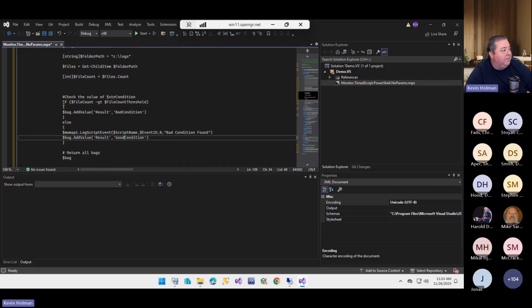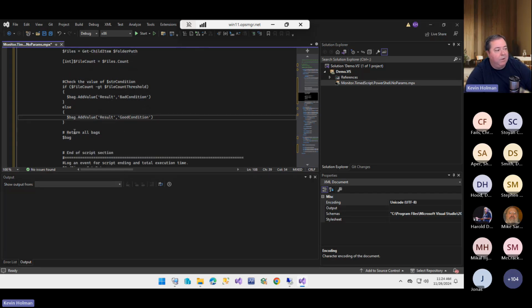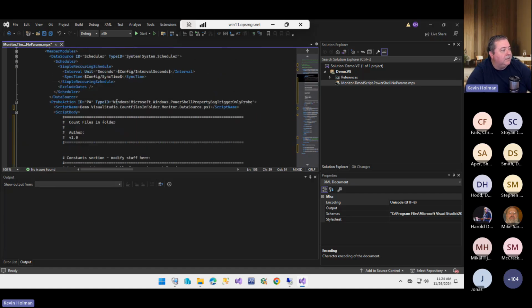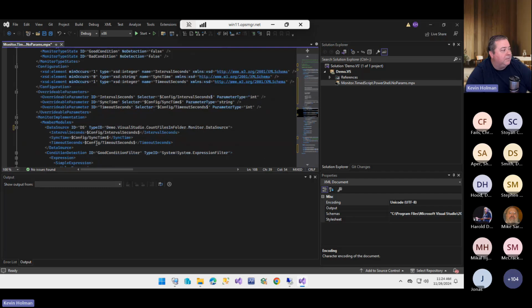So if the file count is greater than the threshold, that's bad. Else, I'm going to get rid of this logging line to keep it simple. Else, it's a good condition. And then we're going to return all of our bags. So that's it. So the only other changes I really need to make in this management pack is,